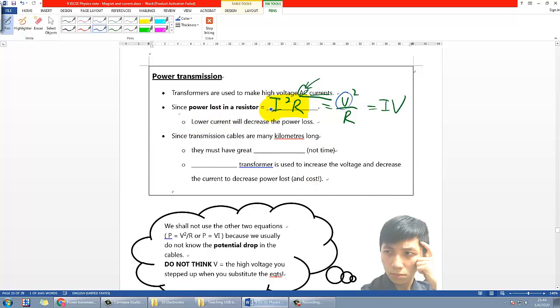So in that case, if you look at this equation, since R is fixed, then with a lower I, the whole power loss will be lower. Well, if you try to say, what if we look at this, if current decreases, then we can also reduce. But then V actually increases. So you probably cannot explain that easily. Actually you can, but I don't want to confuse you, so let's just stick with this equation for now first.